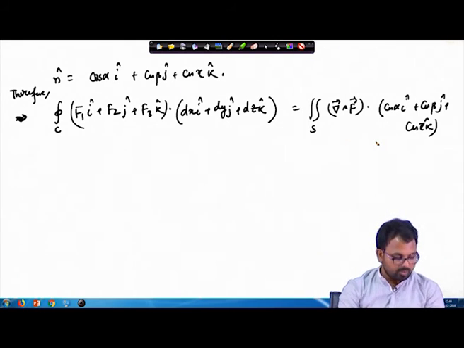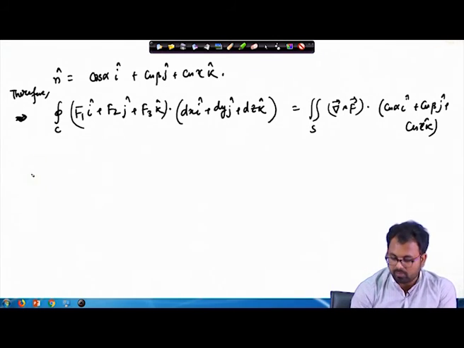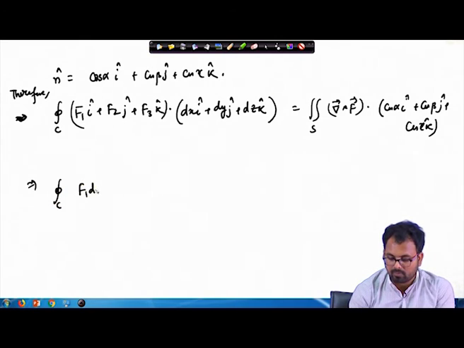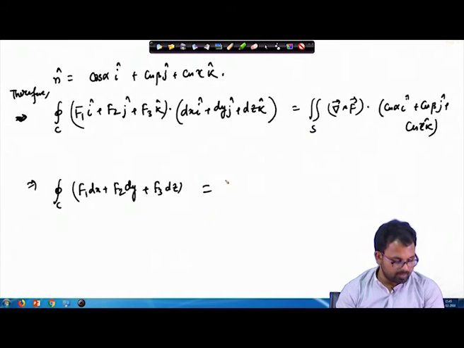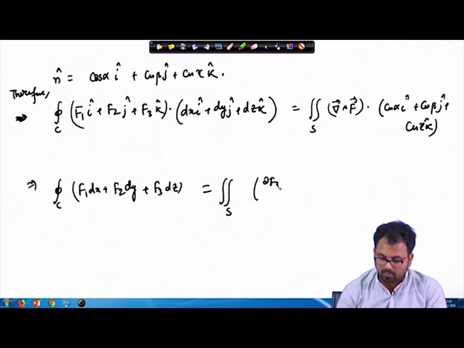Here also we take the dot product, and therefore, the whole thing will reduce to